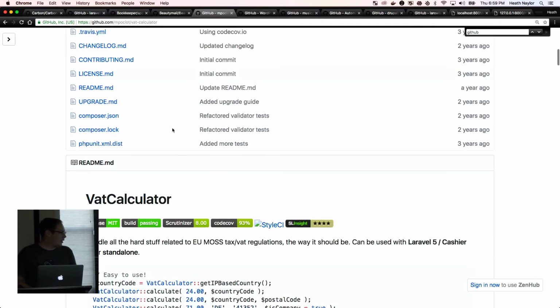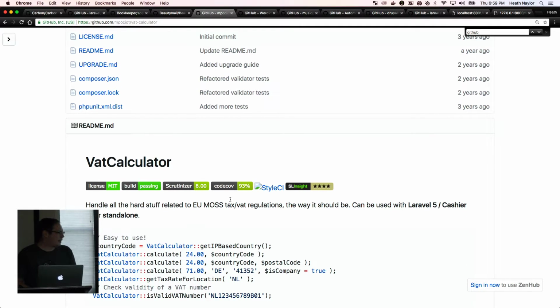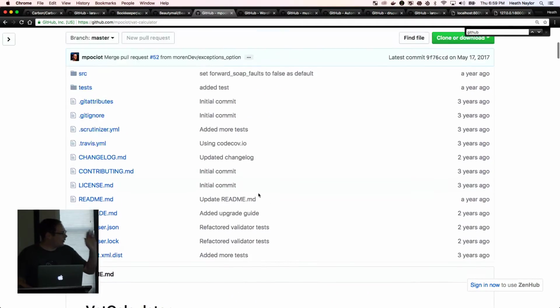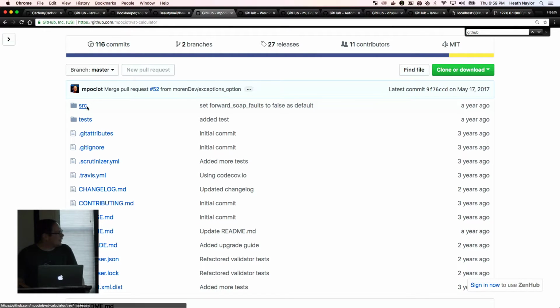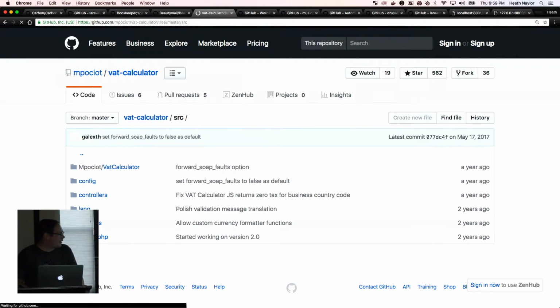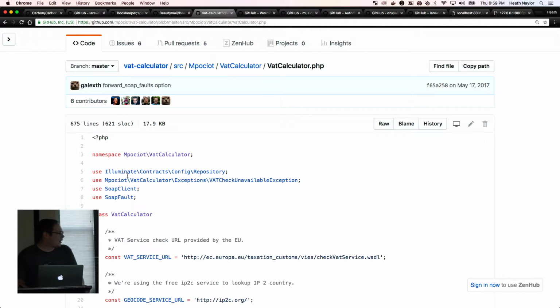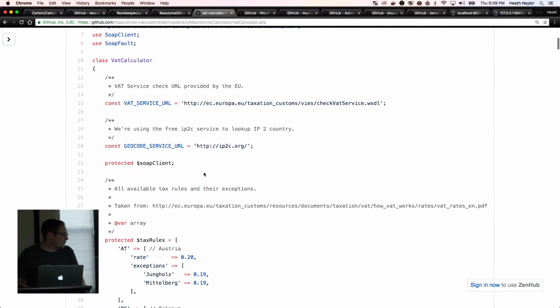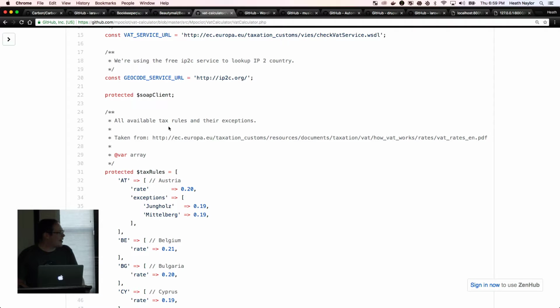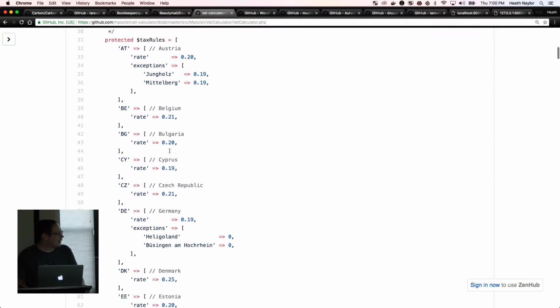This one, calculator. I don't know what this is, some regulator, I don't know. But this is definitely inside of the Laravel idea. We've got controllers in here, which is kind of weird, but that's all right. So we dig into here, we've got our facades, our validators. Here seems to be the core. You register the service and the provider. So what does the service do? All right, tightly coupled to repositories of Illuminate. All right, so this isn't getting away from Laravel, and it's got a lot of rules in here. So